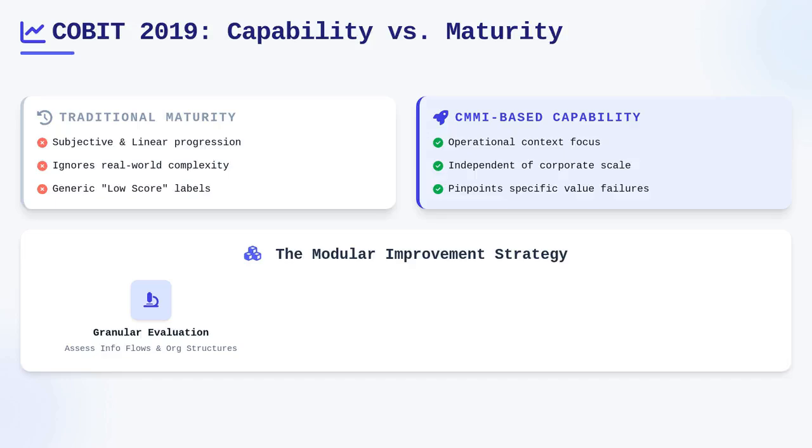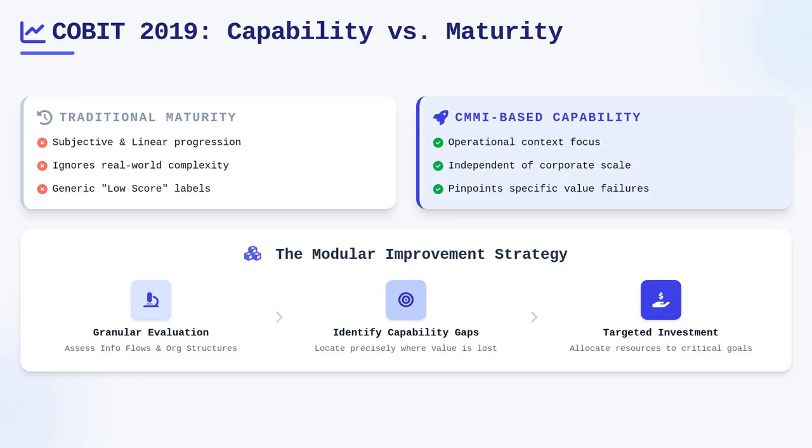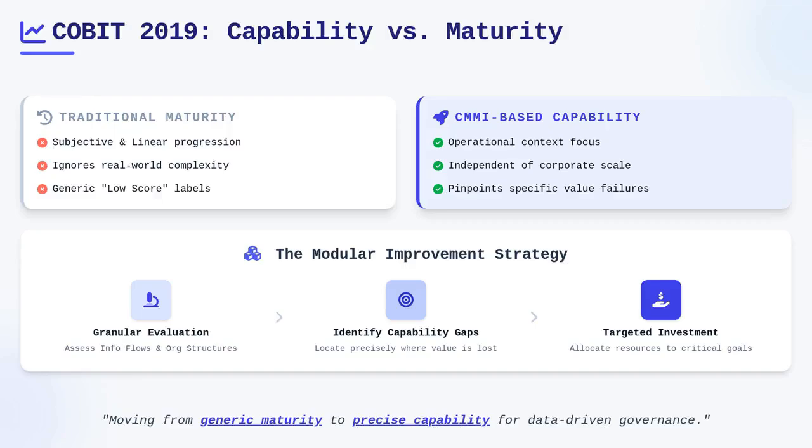By evaluating individual components, such as organizational structures or information flows, you gain a granular view of your governance system. This modular approach allows for targeted improvement, where you invest resources only where the capability gap is most critical to the enterprise objectives. To ensure these measurements remain reliable, the CPM maintains a transparent set of requirements that dictate how assessments must be conducted. Consistency is the hallmark of any good governance audit, and this model mandates that results must be repeatable across different teams and timeframes.